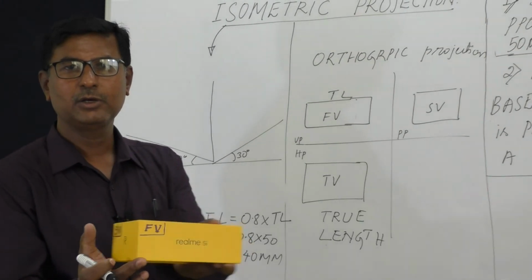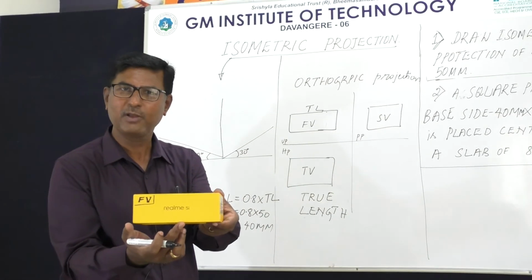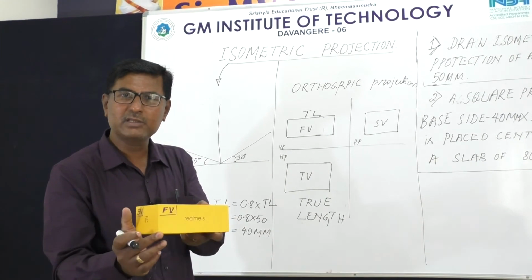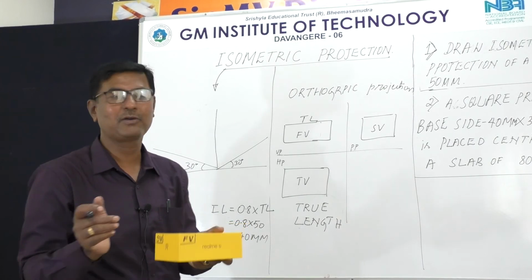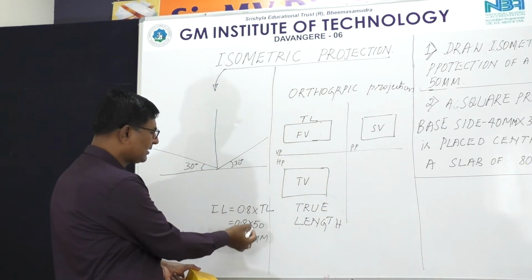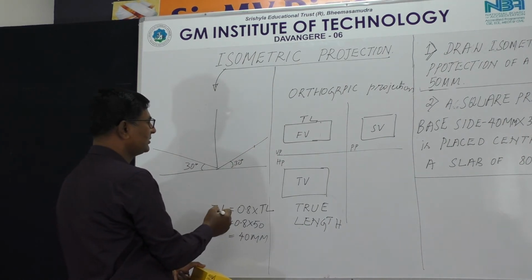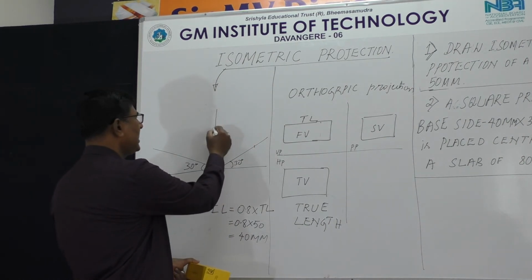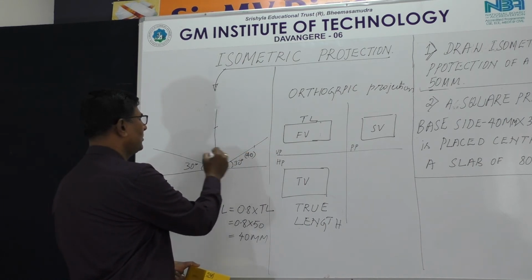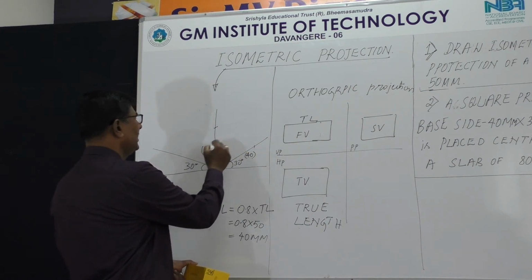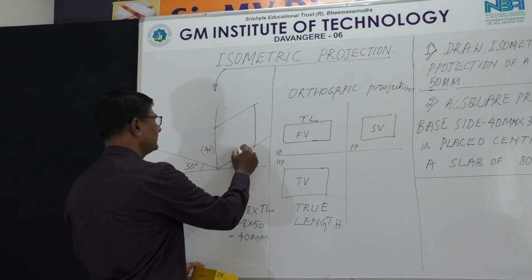I'll do it once again. Hold this corner, rotate by 30 degrees. What happens? Earlier it was showing 50 millimeter. Now when you turn by 30 degrees, proportionally it reduces, compresses. Hope you are following. So now you take 0.8 times the 50 millimeter, that means you take 40 millimeter in this direction. You take the height also as 40 millimeter. So this is 40. Now you finish off the front view.